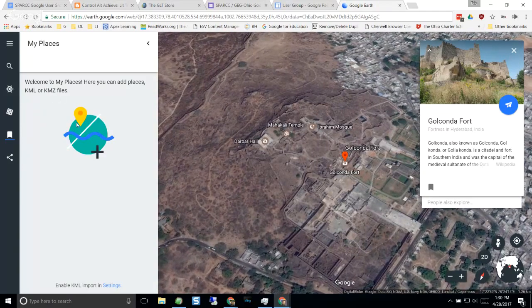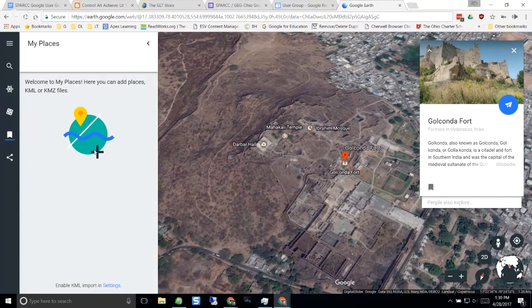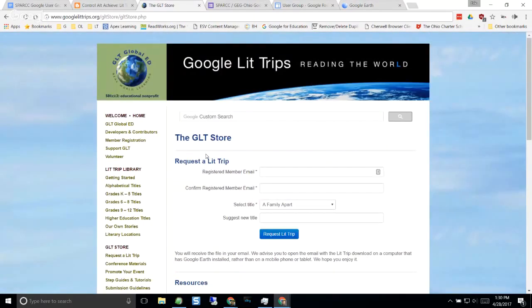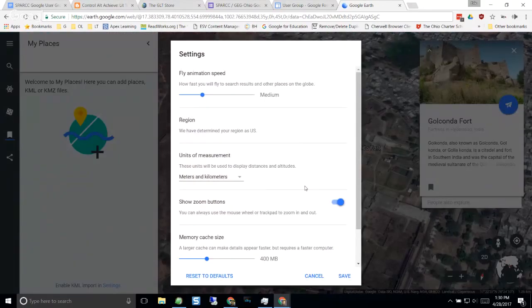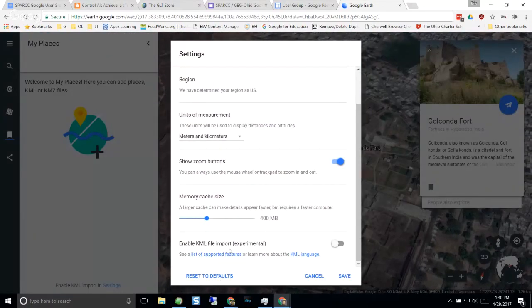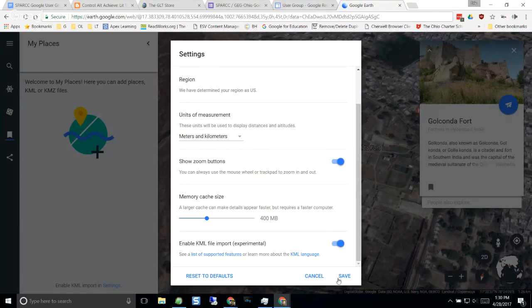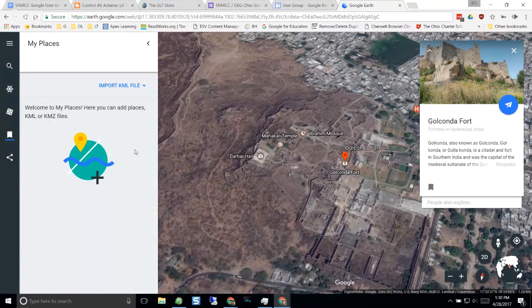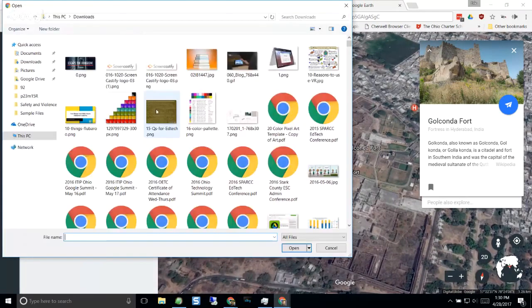Now, the thing is, you have to turn on one quick little setting here to allow you to open up these KML or KMZ files. So from the Google Lit Trip site, that's what's going to download the KMZ or KML file. But here we do have to go down to the settings. In My Places, go down to settings, and near the bottom it says, do you want to enable KML import? You do have to turn that on. So it's a switch you got to flip and hit save, and then suddenly, oh yay, now I can import KML files. So at that point I could come here and say I want to import a file, and I've downloaded a whole